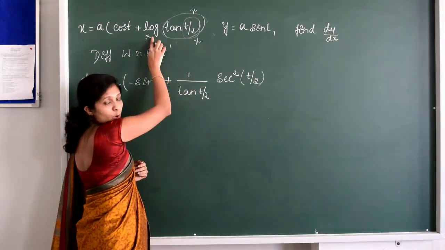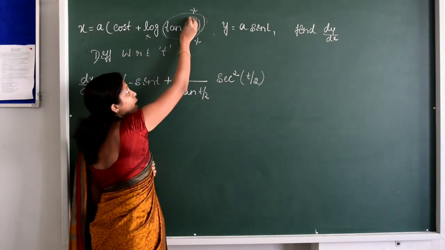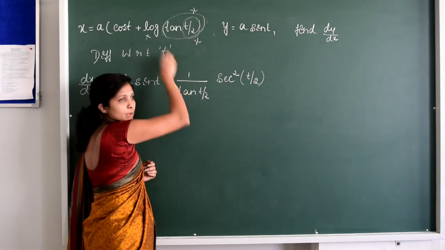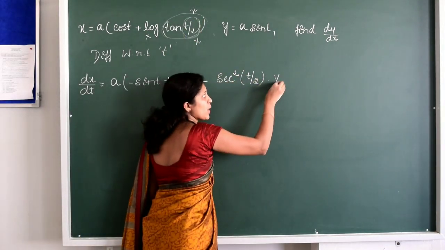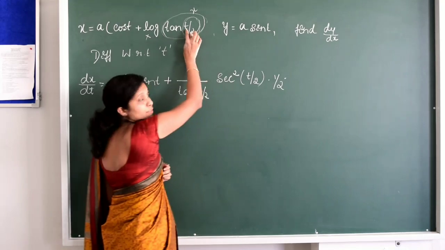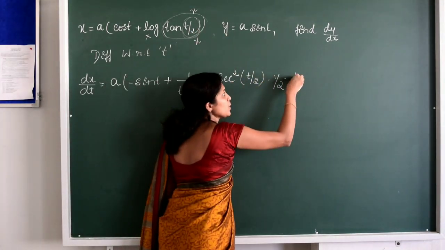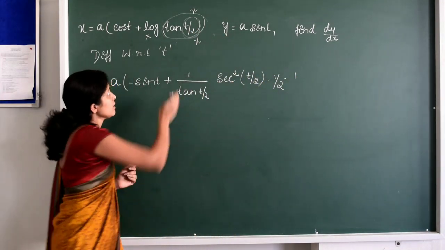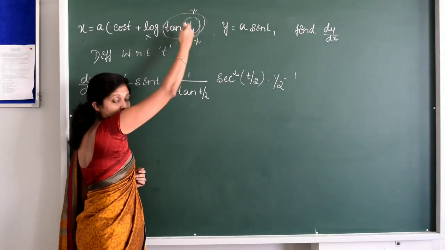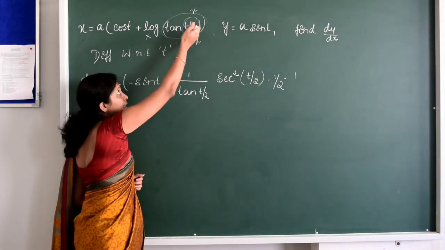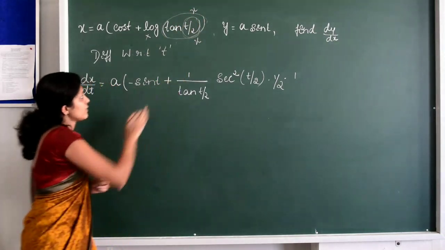So we have done with log and tan. Now you have to differentiate t by 2. You have to keep 1 by 2 as it is, that is a constant, and the derivative of t with respect to t will be equal to 1. I hope you understood this one. First log x, after that tan x, then finally you have to differentiate t by 2. Now we will simplify this.